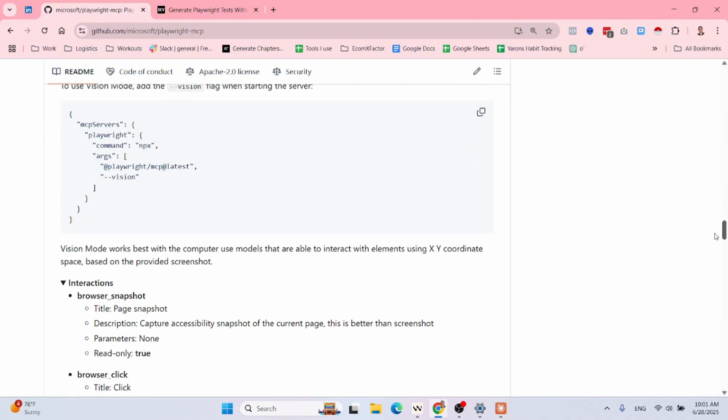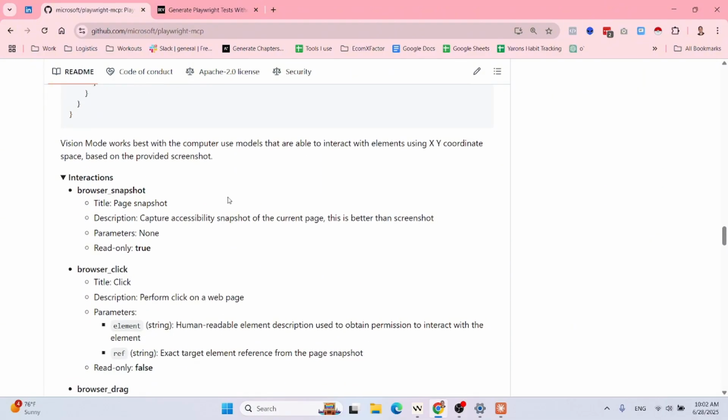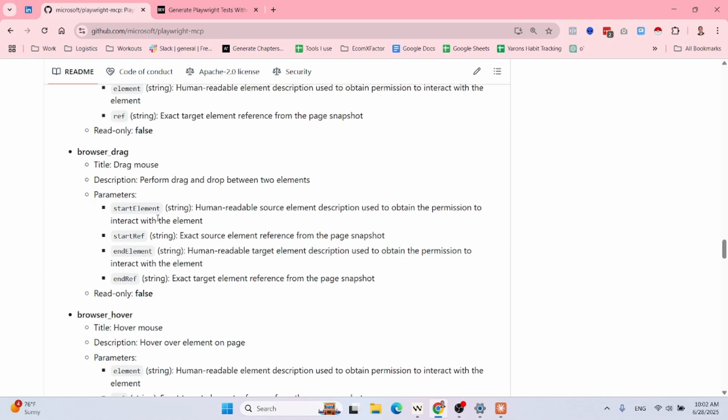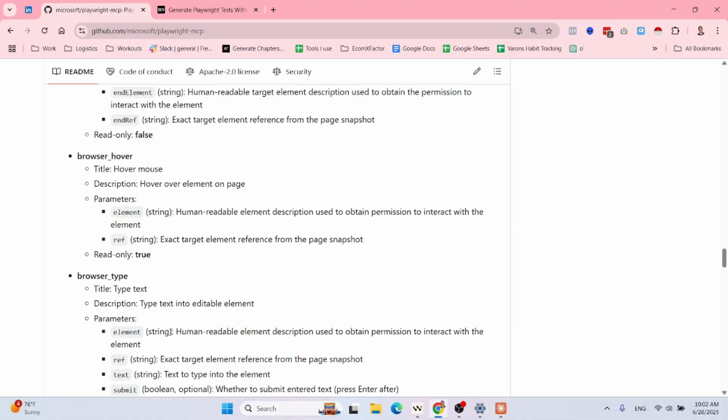Let me just show you the abundance of tools that this MCP offers, and then I will show you a very interesting prompt that I found in order to generate automated QA, and then I will demonstrate how this works. So in terms of interaction, the tools available are first of all taking a browser snapshot. There is obviously an ability to click, an ability to drag, like mouse dragging, an ability to hover with the mouse, an ability